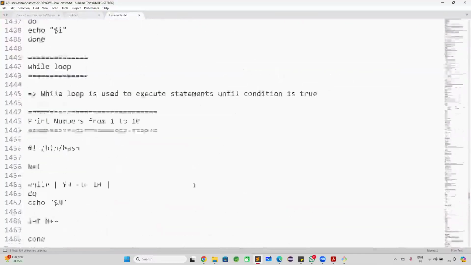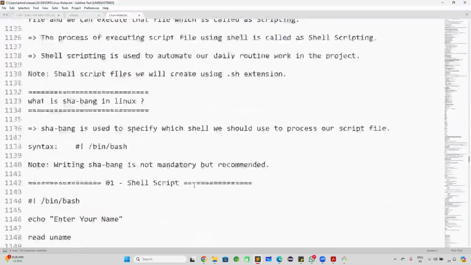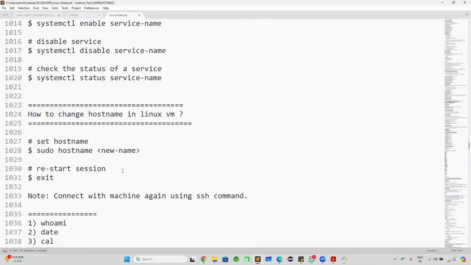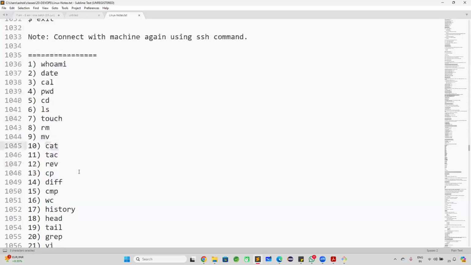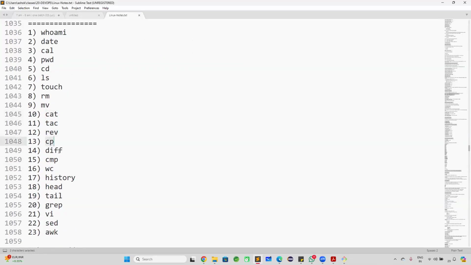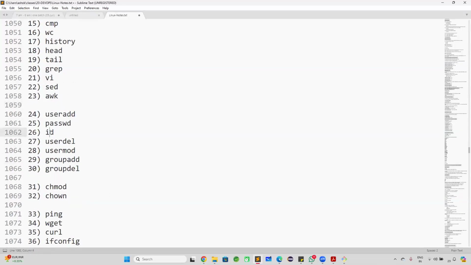Let me take it: what are the commands that we have learned in the Linux operating system? In the Linux operating system, around 44 commands we have seen here: whoami command, date command, cal command, pwd, cd, ls, touch command, rm command, mv command, cat command, tac command, rev command, cp, diff, compare, word count, history, head, tail, grep, vi, sed, awk, useradd command, passwd command, id command,